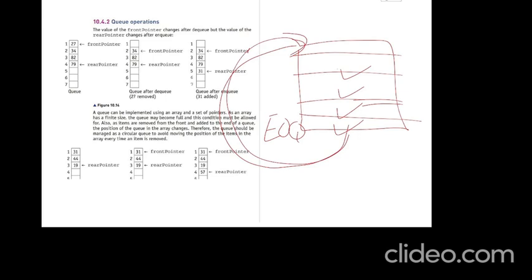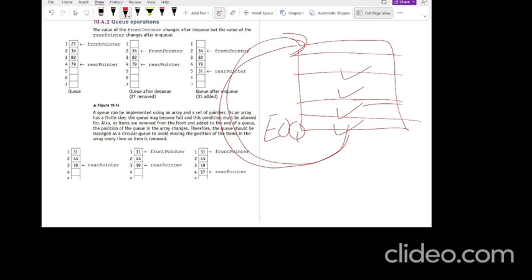Okay, then I gave you a sheet in which you people were saying there is some problem and you were unable to solve the queue operation. So let